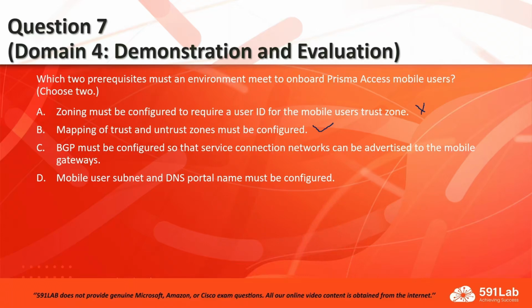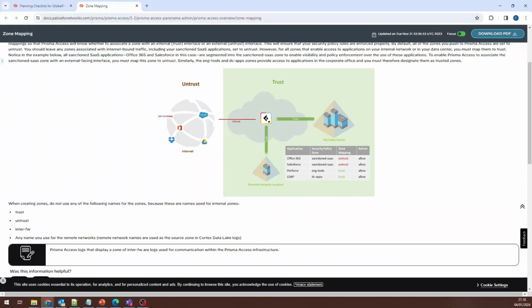We do not need to enable BGP for service connection. We can use a static route for the service connection. And D, the mobile user subnet and DNS portal name must be configured. That is also an answer, because we need to define the IP pool or subnet for the mobile users and define the portal name. We can check this from the knowledge base